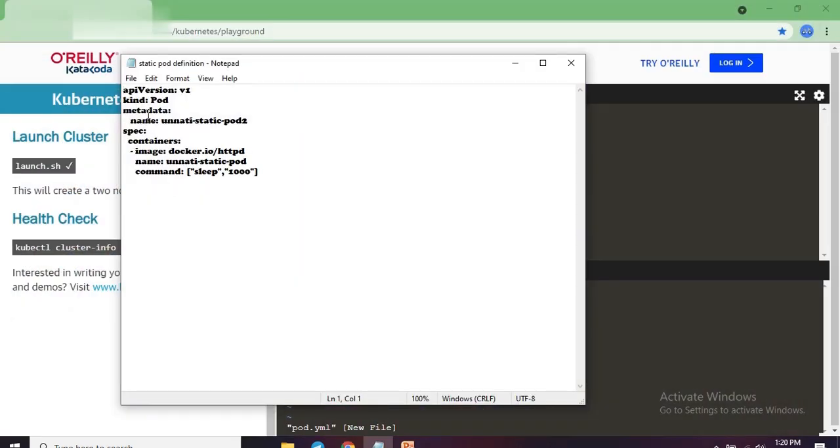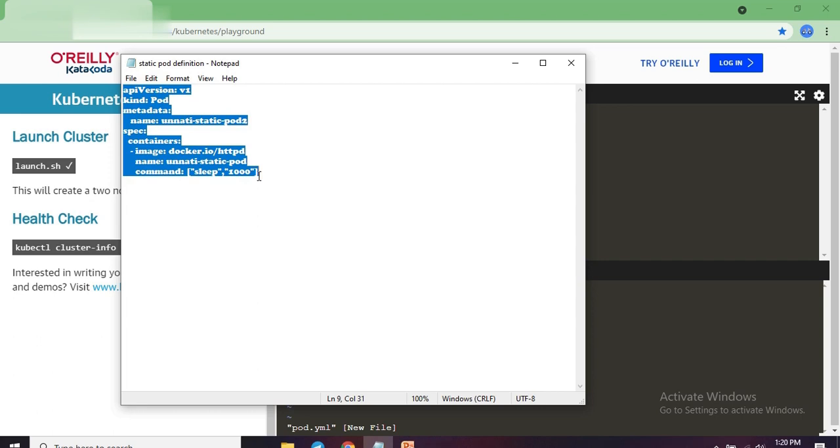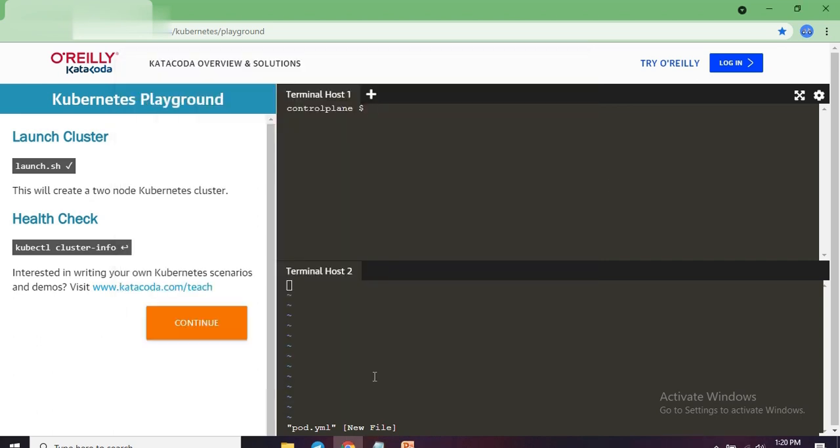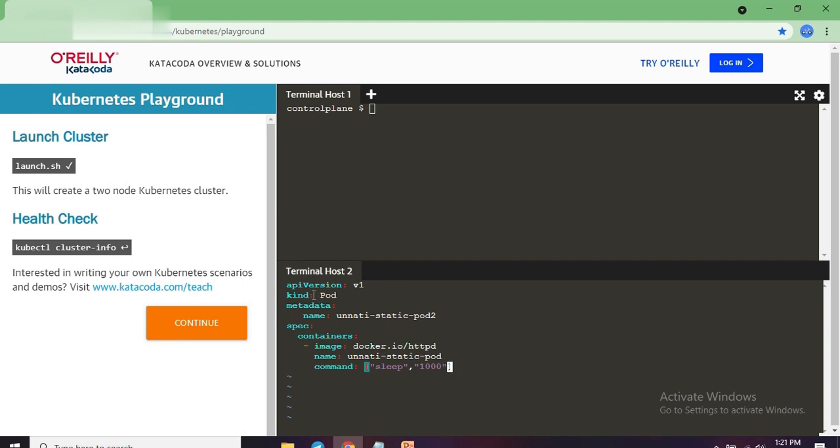You can see it's a simple pod definition with the httpd image, and I have just used the command sleep 1000 seconds. So there is nothing special in it. Let me copy all this and we will create a static pod using this definition. Let me paste it in my vi editor, colon wq to save. Yes, we have pasted our definition.